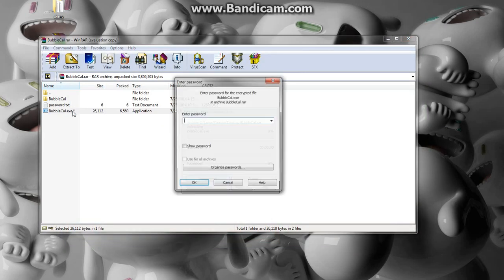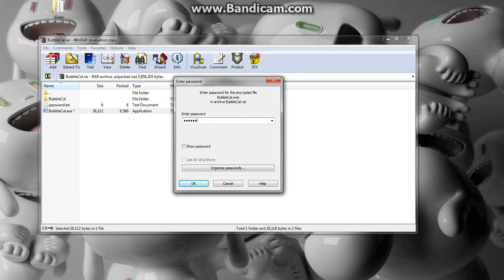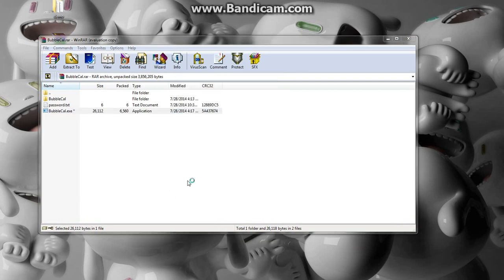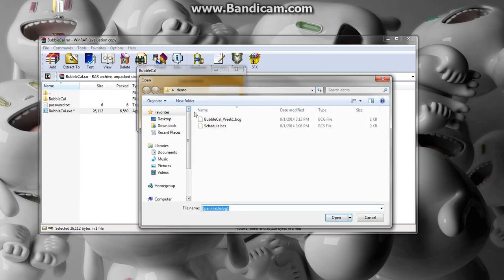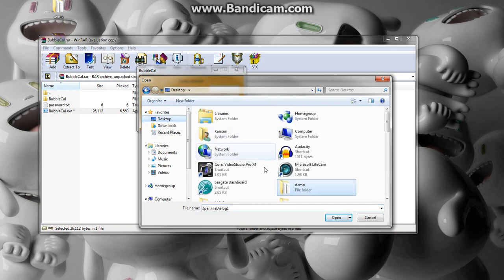And then if we want to open a week, we just have to exit the program. We can run it again. Again, we type in open me. And then we'll open this. And then we can just click open schedule. And then if we want to, we can go to our demo. So desktop demo